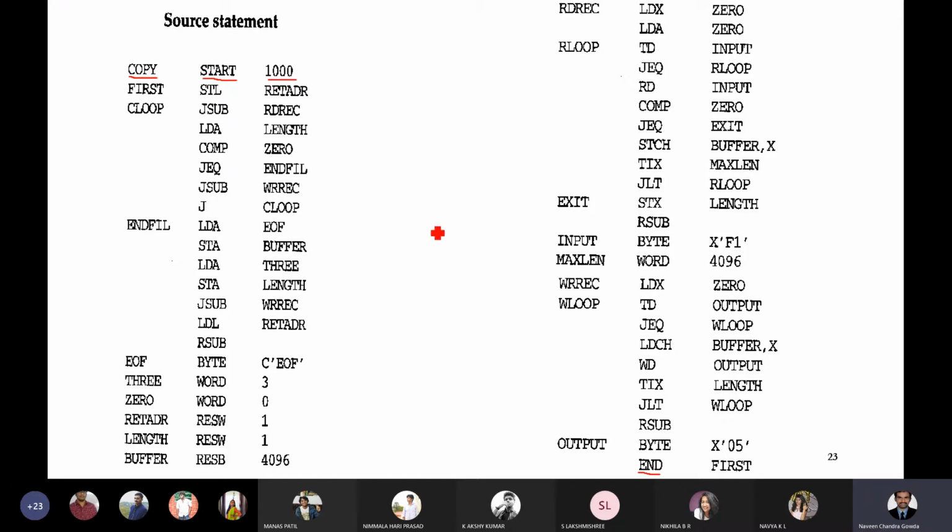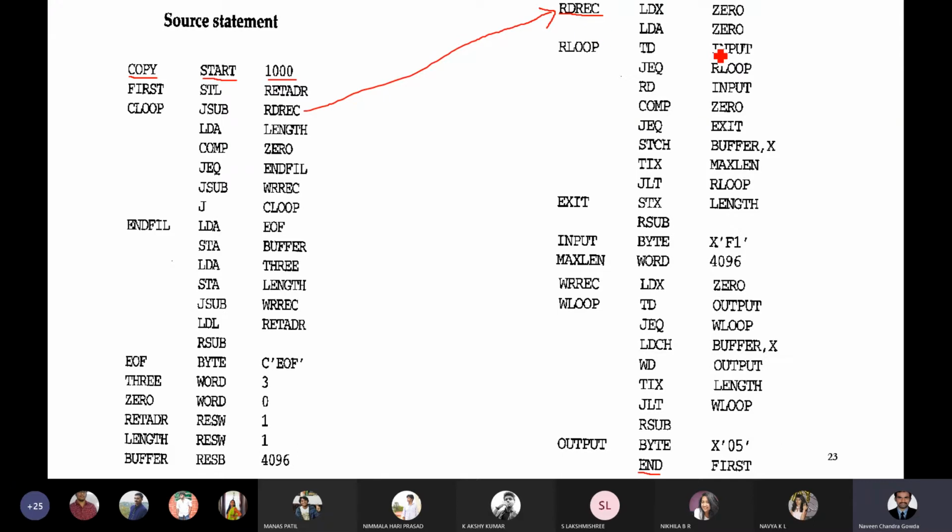And in this program, my dear students, understand this clearly, we have different instructions. Here is one of the instructions, called JSUB RDREC, which is something like jump to the subroutine RDREC. I repeat, jump to the subroutine RDREC. Where is RDREC? You can observe RDREC is available right here. So you are jumping from here to the subroutine which is defined somewhere else, at RDREC.